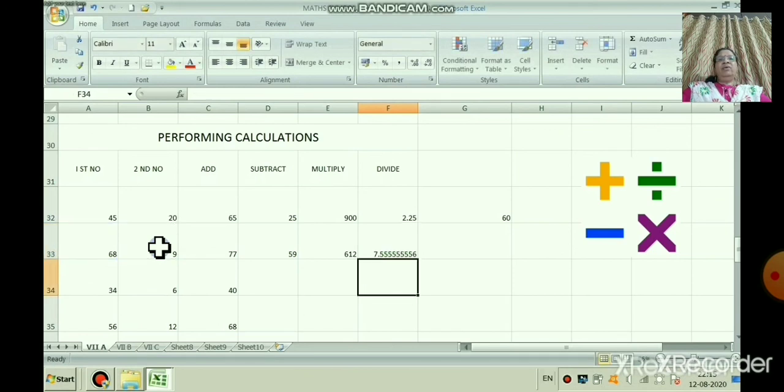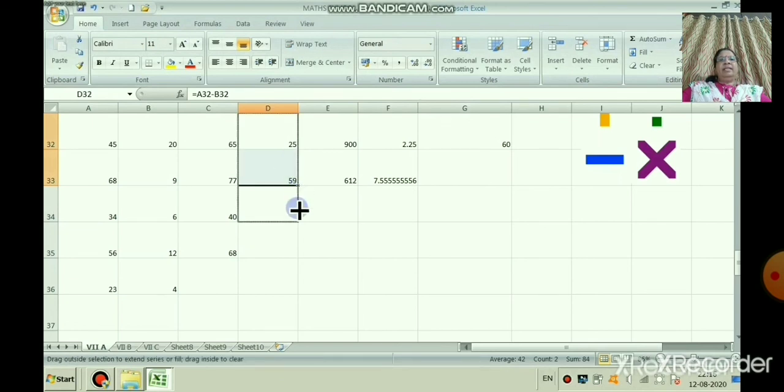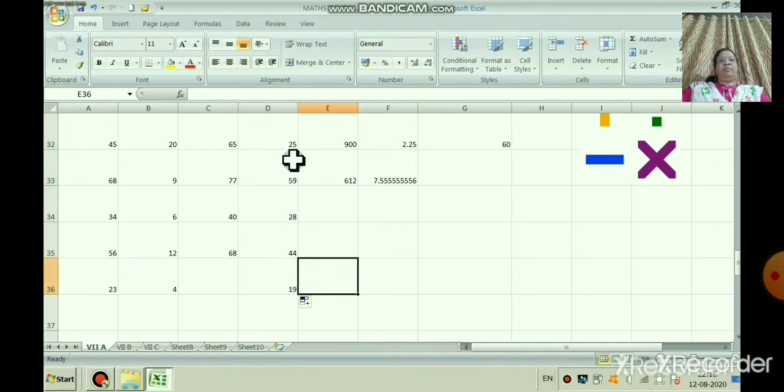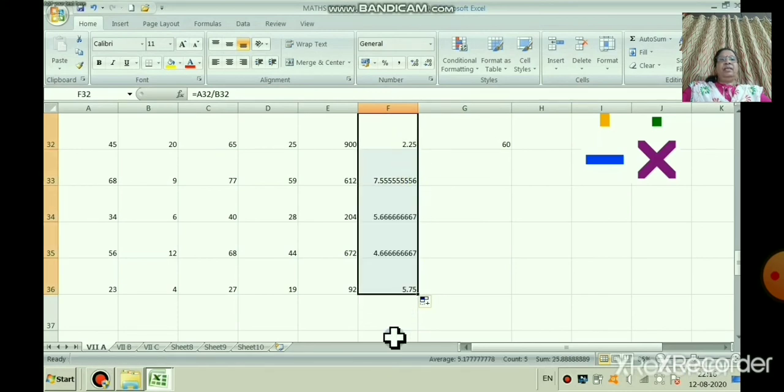I have taken one set of numbers, and the same we are doing, adding, subtracting, with the help of this. Just select it and take the mouse pointer and drag it. The selection is important. When the plus mark comes, then drag. That means everywhere you can see the formula. Automatically it will calculate it. See here the formula is there. Can you see up in the formula bar? It will show you the formula. Have you observed, children? See there in the formula bar you can see.